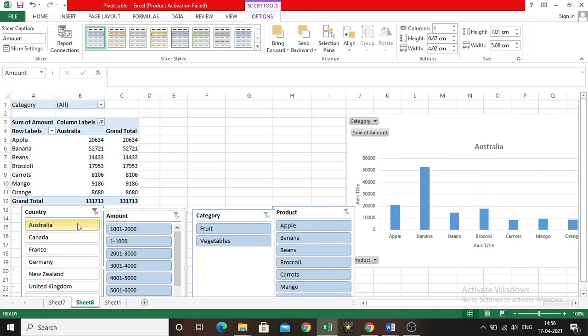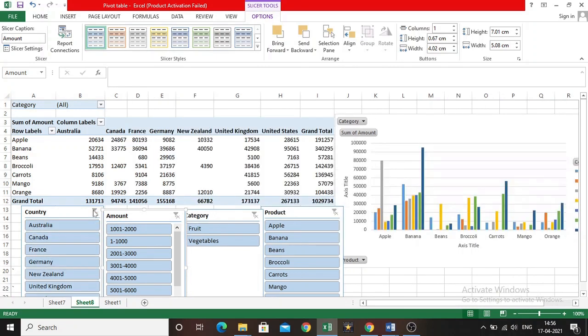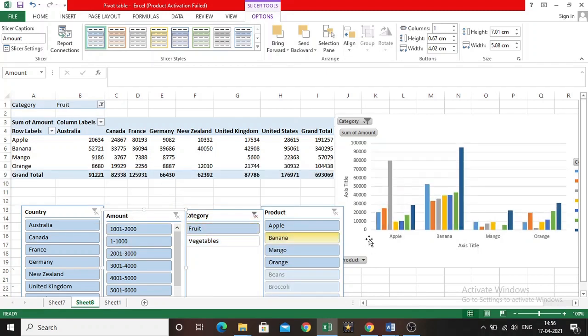Similarly, if you want to undo it, you can clear the filter. The shortcut key is Alt plus C, and you can also use this symbol. If you click this filter symbol, the filter will be cleared. And then for example, I want to see only the fruits, only for the fruits of various countries, how they have been exported.